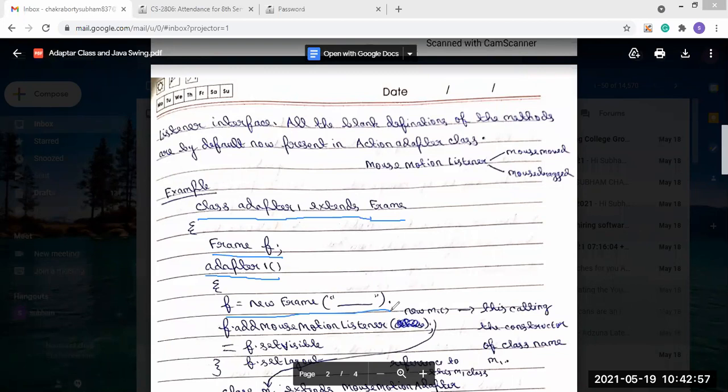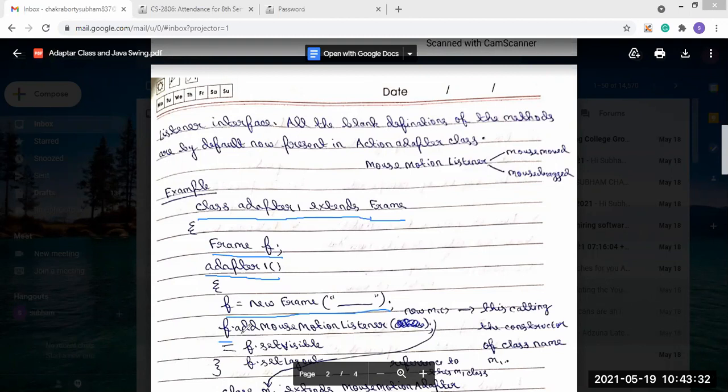As we have seen in the case of the action listener, the particular component which we want to use, now our particular component is frame. So we use the frame class object, frame class object dot add mouse motion listener.